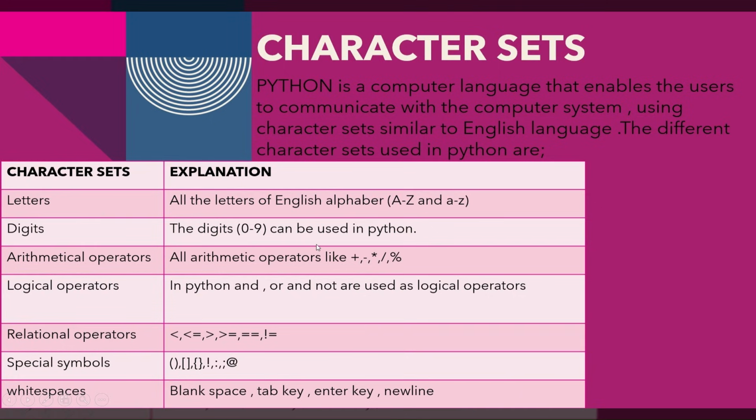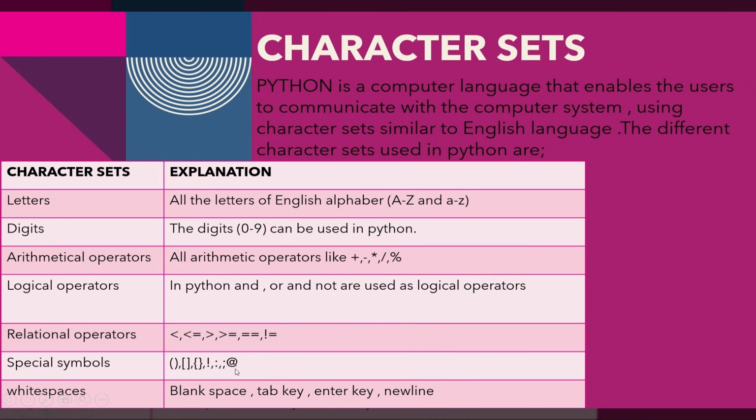As we are using the digits, we can use arithmetical operators, and arithmetical operators are plus, minus, multiply, divide, and modulus. Now, we can also use logical operators. The logical operators are AND, OR, and NOT. Relational operators are also allowed in Python, which are less than equal to, greater than equal to, and double equal to sign. Similarly, special characters such as round brackets, square brackets, curly braces, not equal to, colon, semicolon, @ are